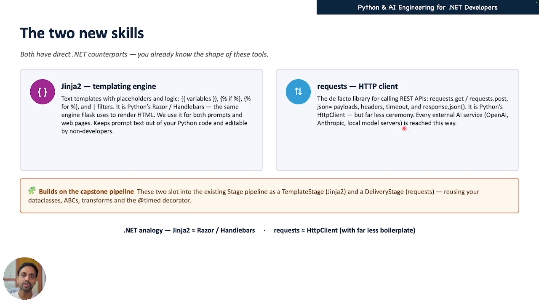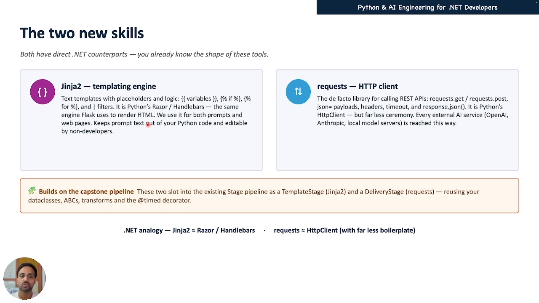So there are two different parts to it. The first part is the templating engine, which is Jinja, which provides us a syntax like in C# we have the Razor templates, in our ASP.NET template files, where you can specify how you print a variable, how you pass a variable from the backend to the front end, how to bind it in a UI. And then we have Flask as a web framework, which is similar to ASP.NET